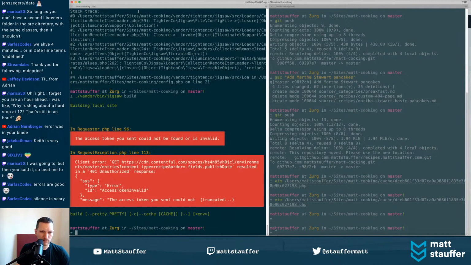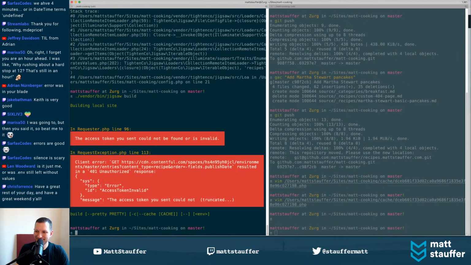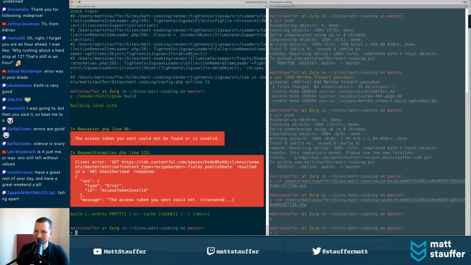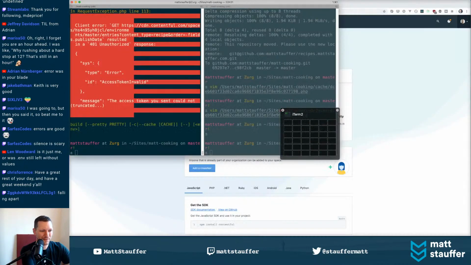Yes. Oh, my mouse just stopped working. Everything is awesome. There we go. Oh, nope. Oh my God. See you later, Chris. The .env was left without values because I had it open in Vim. Yeah, my mouse is just broken, so I'm going to use my, oh my goodness, I'm going to use